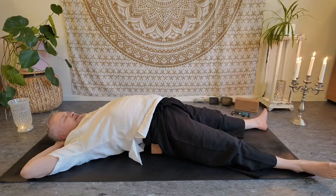Once again, feeling this balance between the body and the support from the earth beneath you. If we can learn this support, we can use it in all the different forms of yoga, as a support, as an energy we can rely on. Instead of relying on the physical energy of the body,